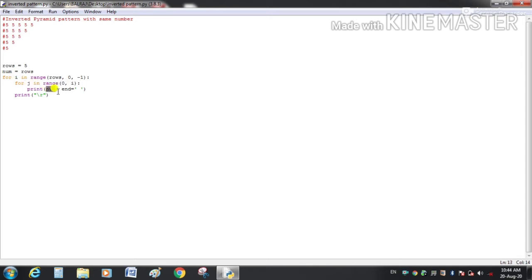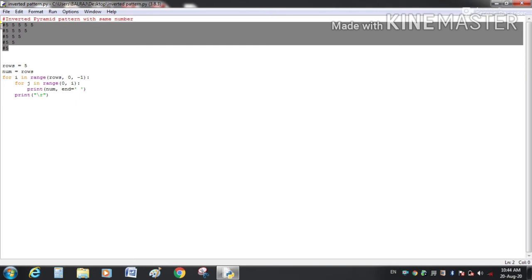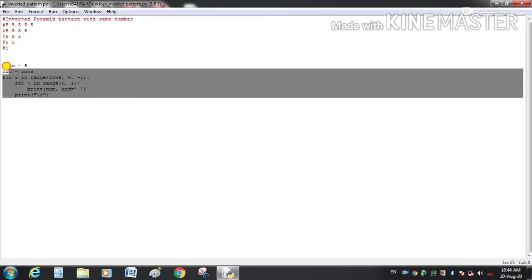Every time we are printing num, therefore we are getting the same value 5 in every output. And for the second time we will get 4 times 5. Similarly, third time we will get 3 times 5 and so on. So this is the code to print this pattern.